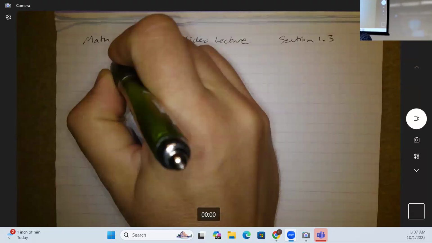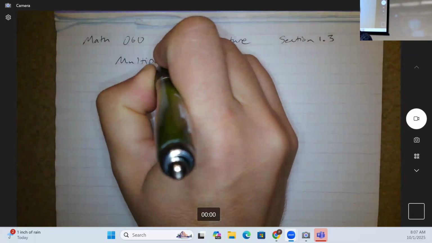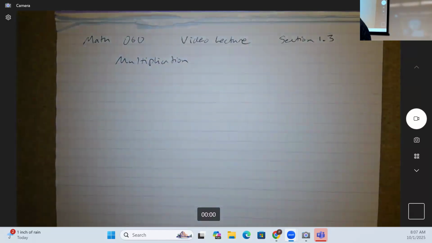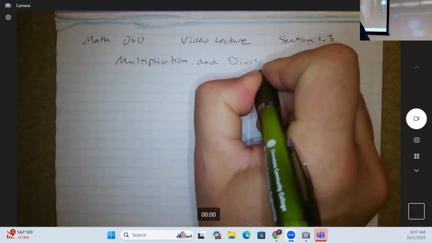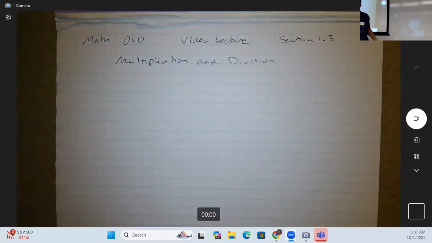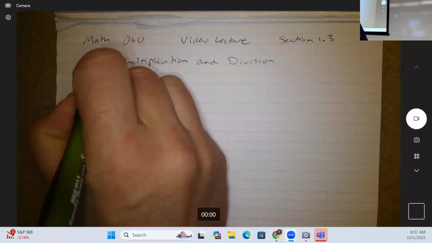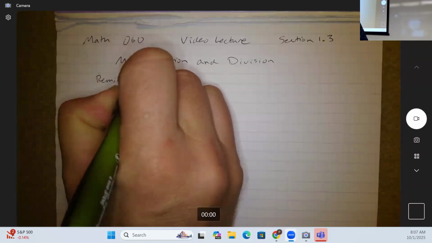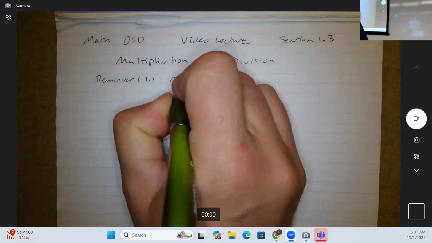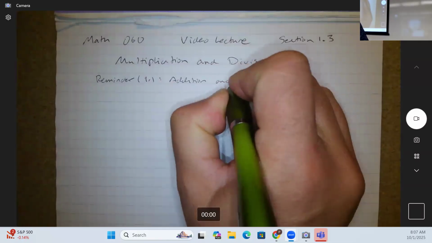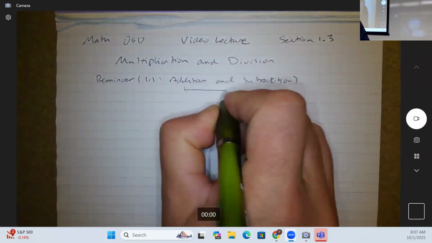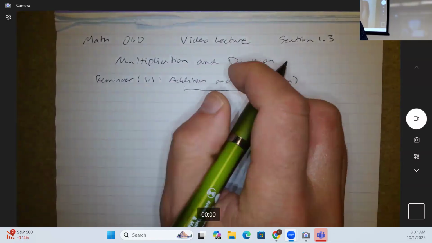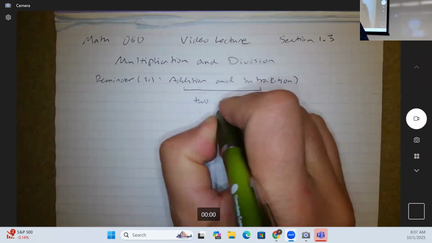All right, so section 1.3 is all about multiplication and division. The first thing I'm going to say is a reminder. Section 1.1 was addition and subtraction, and we talked about how these two are similar operations, right? They're kind of two sides